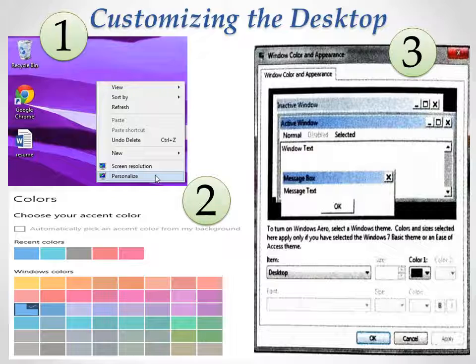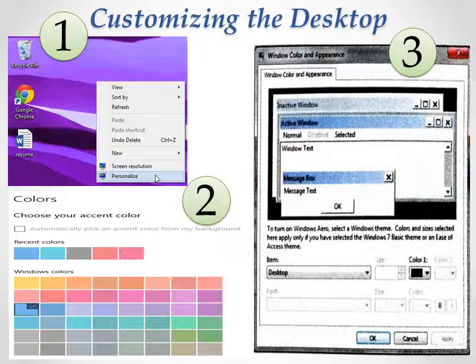and click on the show color mixer option, and you can set it as hue, saturation, brightness. These are the options you can give, or whichever option is available. You can choose your own kind of options and give color effects. Next up, click on advanced appearance settings, like how you want your screens to appear in a different way, and then the Windows color and appearance dialog box will open.